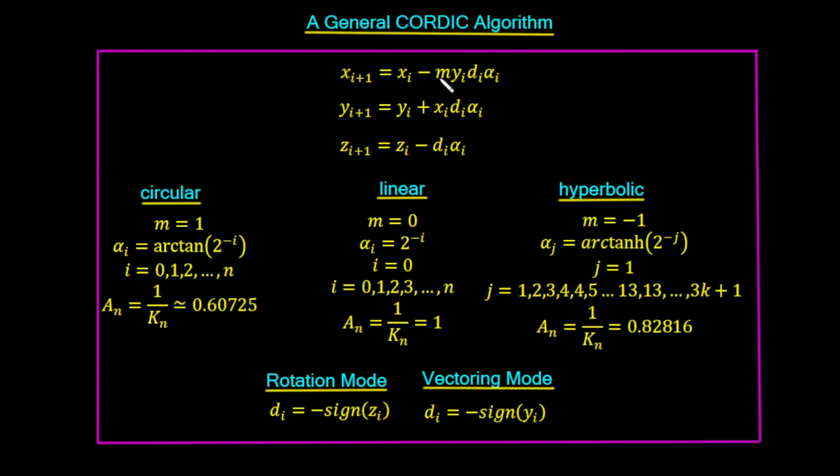So we've simply added the factor of m in here and the factor alpha i, and we've done the same, we have the alpha i in here and we have the alpha i in here. So these three lines here are the basic